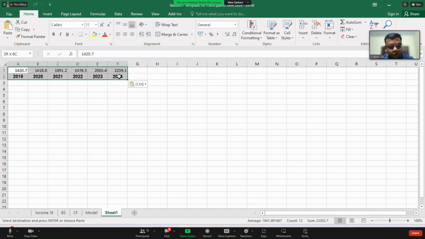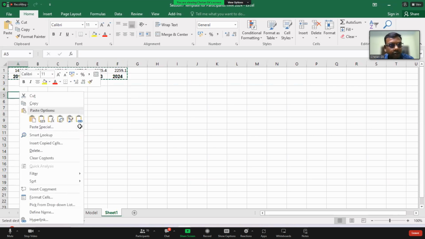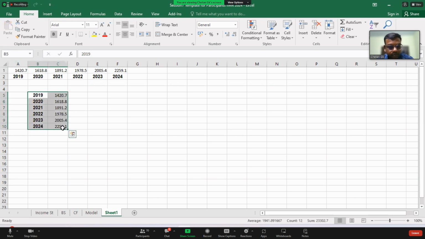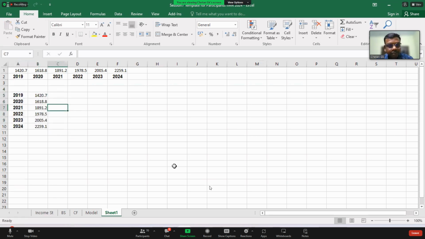So now what I do is I copy this and I want to paste it vertically, so I use the transpose function. How many of you understood what I did? Yeah, we know.